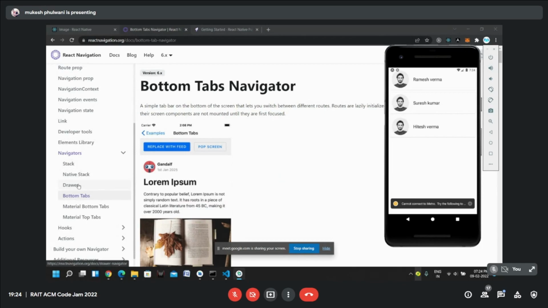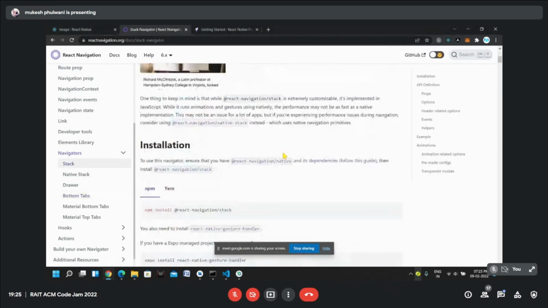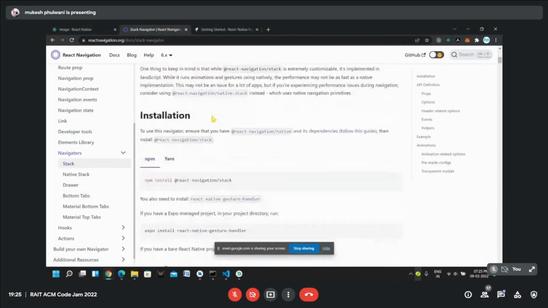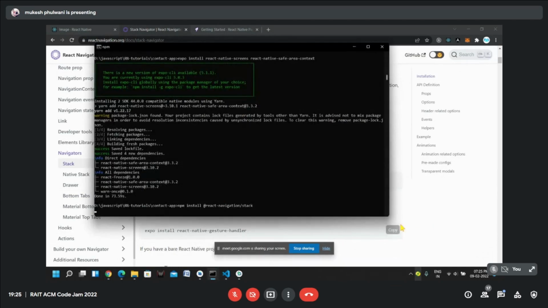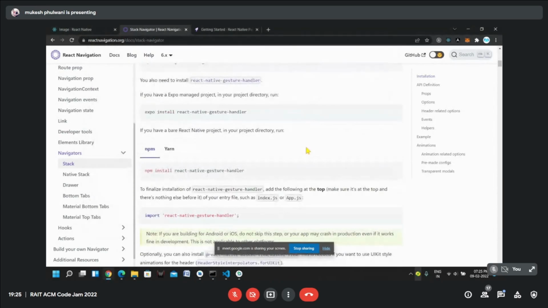In order to use any of the navigators, we have to install it separately. So if we want to use a Stack Navigator, then we need to install it. So let's copy this, Control C, and I'll install this as well. I think today's session we can wrap it up here.